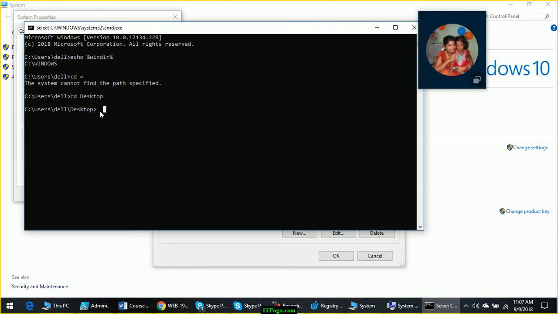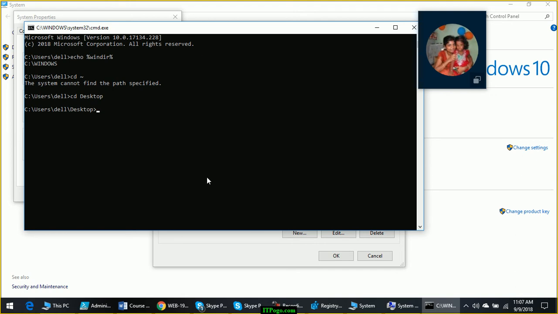Suppose there is some other user. If I create user1 on this computer and log in with user1, my desktop folder location will not be users/del/desktop. Del is a different user. When I log in with user1, my desktop folder location will be users/user1/desktop, right?